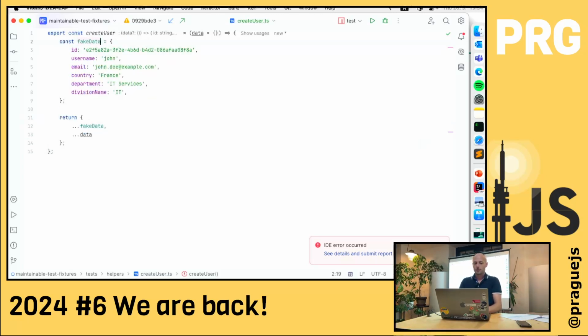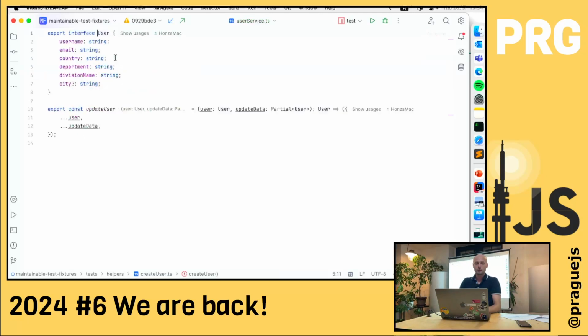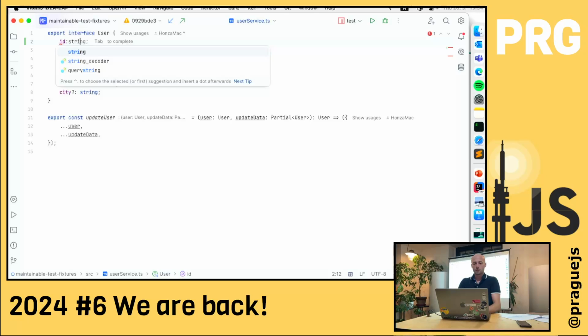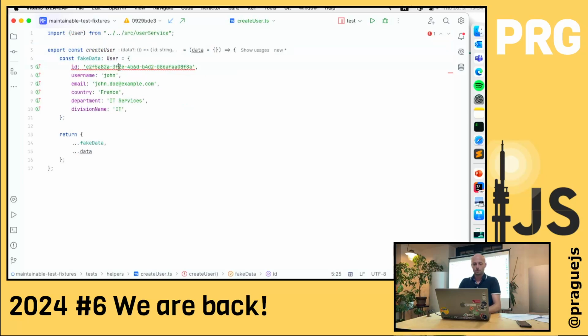Okay, and I can tell it's a user. And now I see that the type actually does not have user, and I'm passing it, so that's basically a bug in my tests. I'm passing there much more values than I should, so let's drop the ID. And basically the type system now saved me from some potential issue.